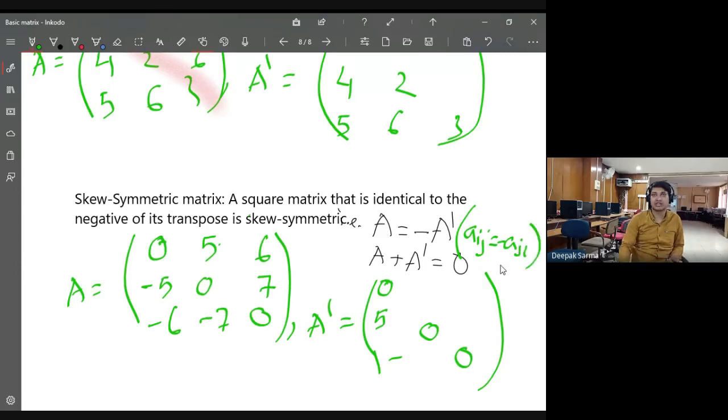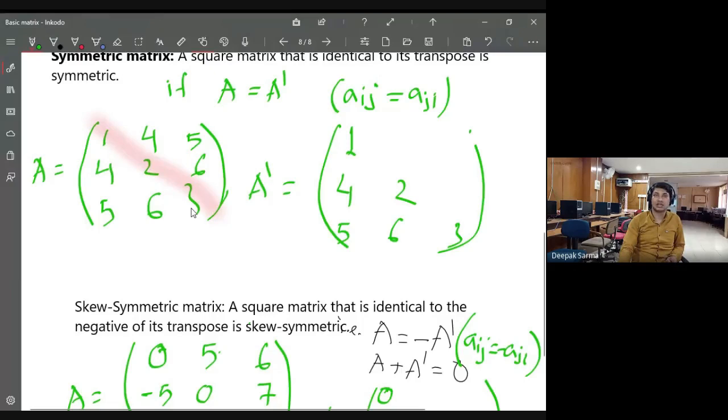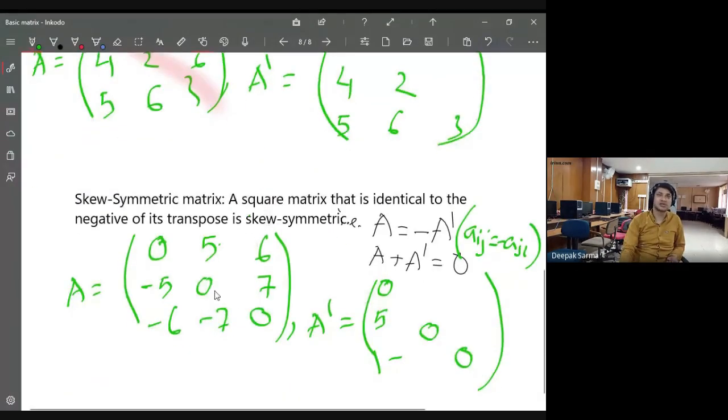So in case of symmetric matrix, this looks like a mirror, the diagonal entries. Now both the sides are equal. Here also it somehow looks like a mirror, but sides are opposite. Here if I have 5, I will have minus 5 here. Here if I have 6, I will have minus 6. So skew symmetric matrix looks like this one. So all the diagonal entries of a skew symmetric matrix are always 0. Got it? Any question? And off diagonal entries are of this form. In ij position, if I have some number k, in ji position, I must have minus k.